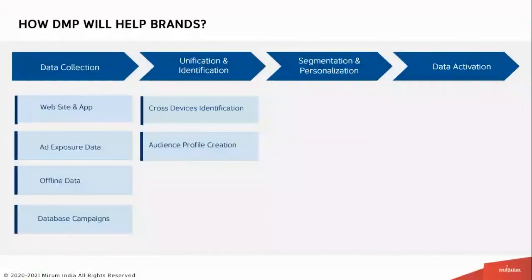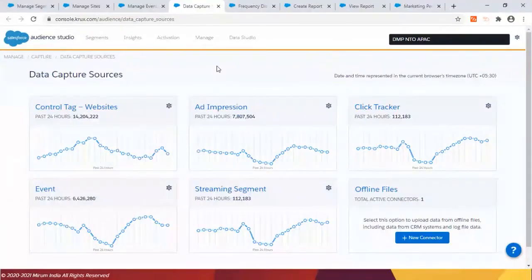Let's look at the next step of this particular process. The next step is basically, once the data is captured, what should we be doing with that particular data, right? And as I mentioned in the very start, we are not talking to devices. We are talking to people behind those devices. So we should be able to identify them across devices. And it's not just what they are doing on the website. We should be able to create a profile of these customers, who they are. Is there additional information available on the World Wide Web? Is there any third-party data provider who can give me more insight about them? That is something we should be looking at, and that would be our very next step in the data unification part.